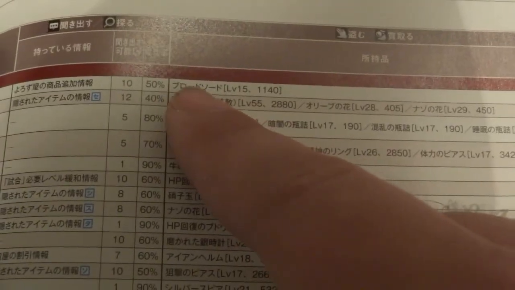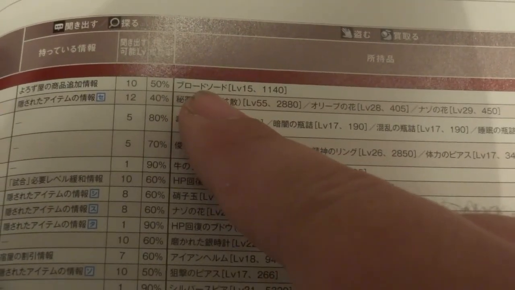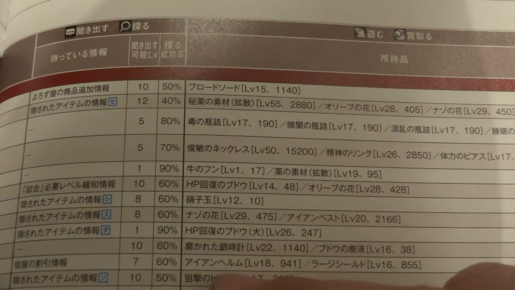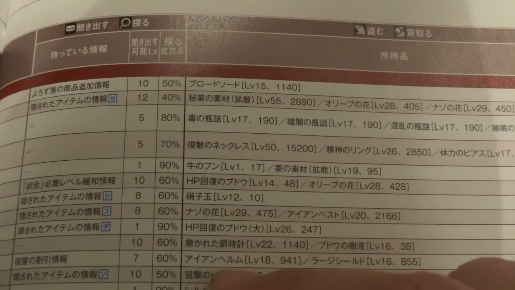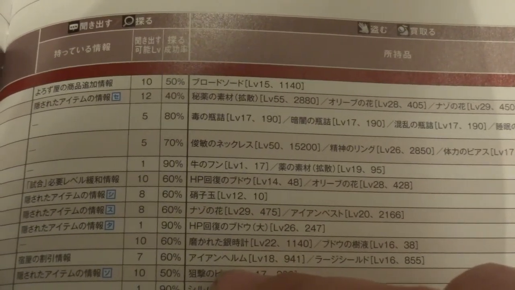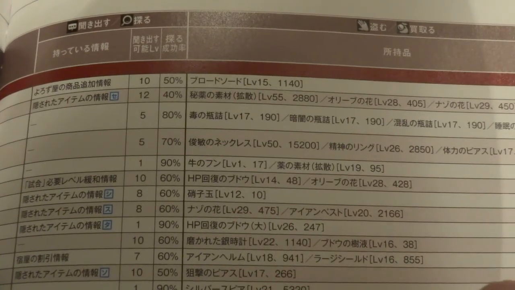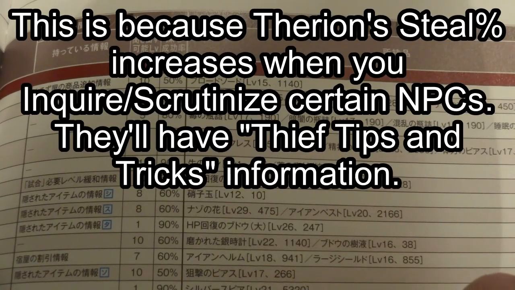And the different items that you can steal or purchase. You need to be level 15 in order to steal or purchase. Most likely purchase, but it has a low percent chance of stealing. They don't give out percentages in regards to what you can steal, but basically, so